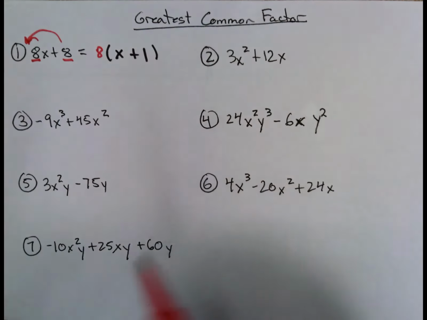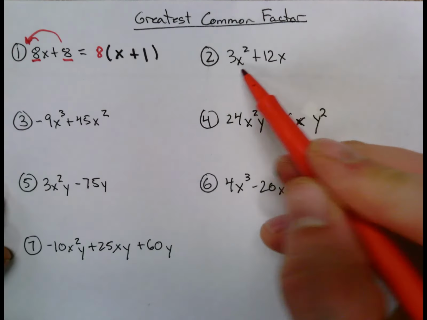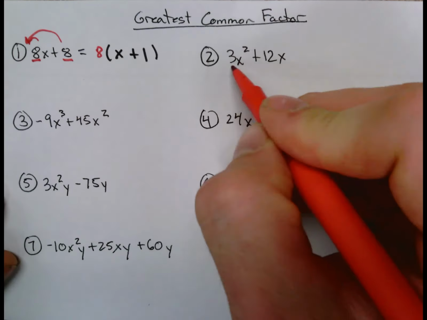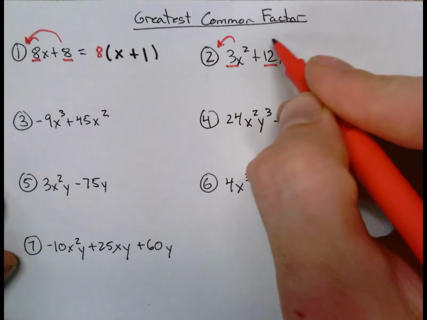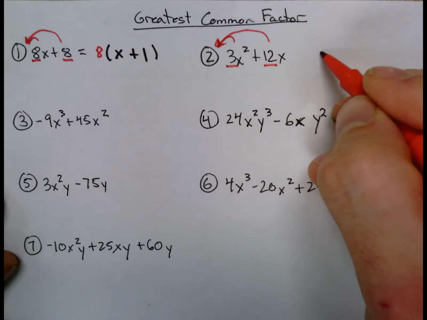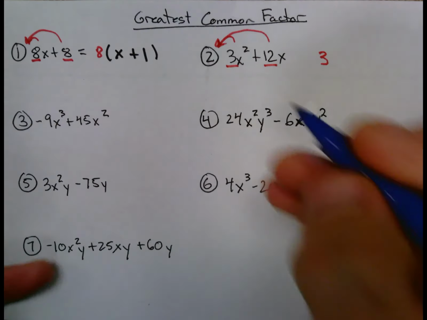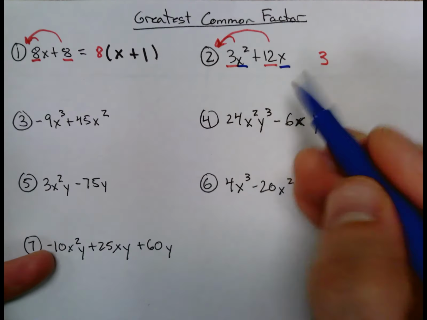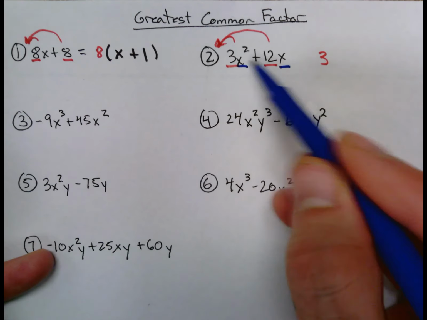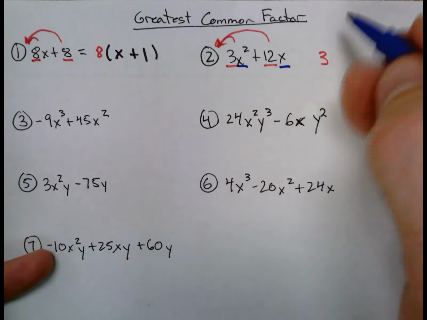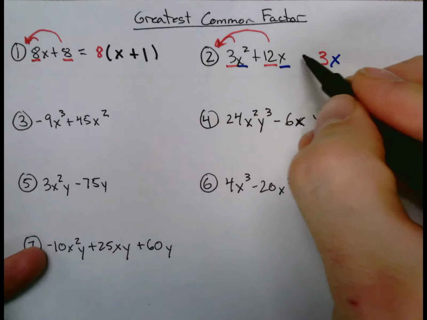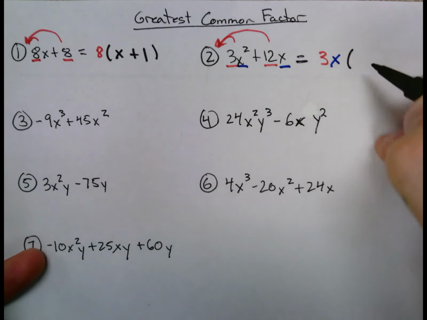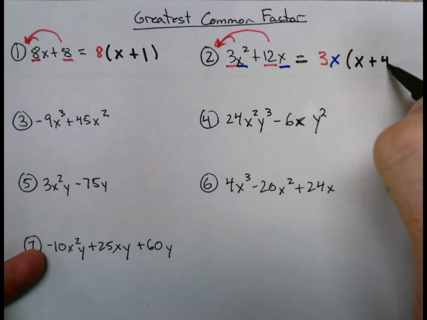If you have 3x squared plus 12x, okay, well now you have numbers and x's that look like they could come out of both of these terms. So think of them separately. So you have a 3 and a 12. And so if I were to pull something out from there, I'd say, well, I could pull a 3 out from both. But you also have an x squared and an x. And so I can't pull out an x squared, because this only has an x, but you can pull just an x out. And so your greatest common factor is 3x, and so 3x times x plus 4 would be